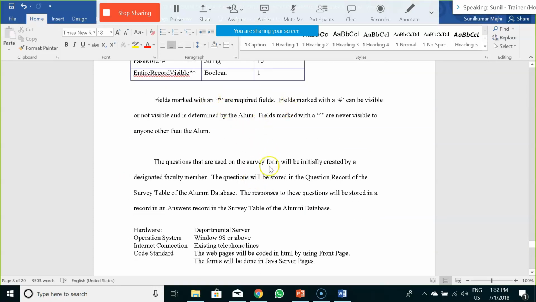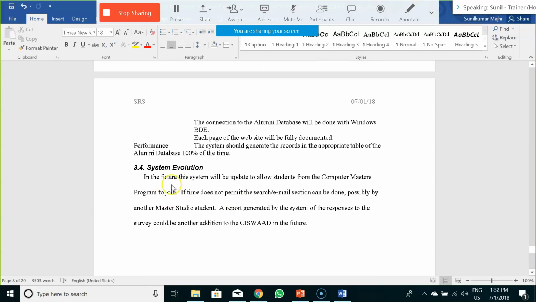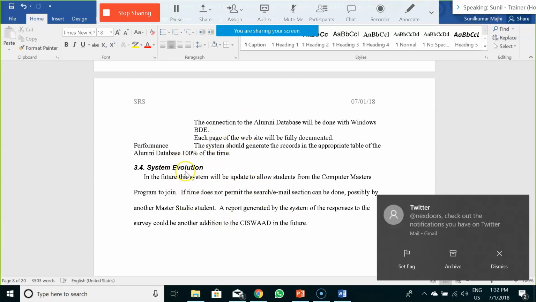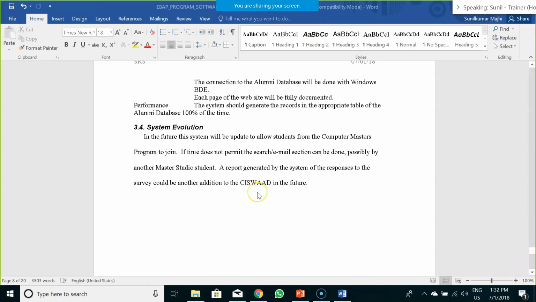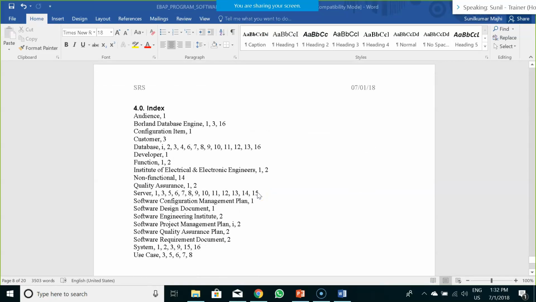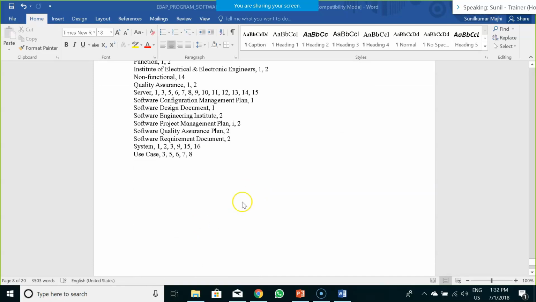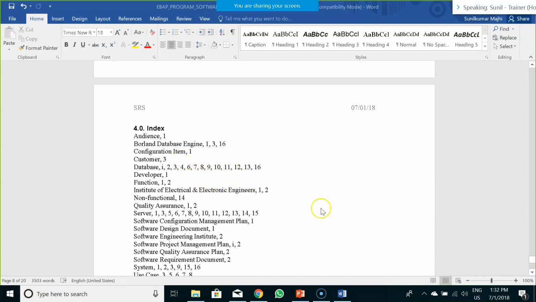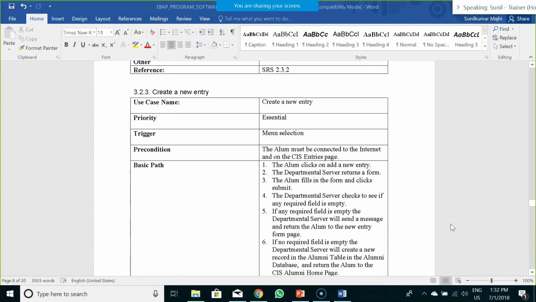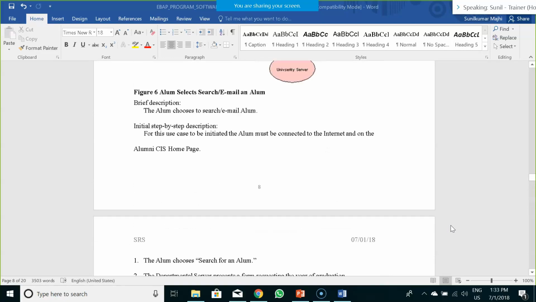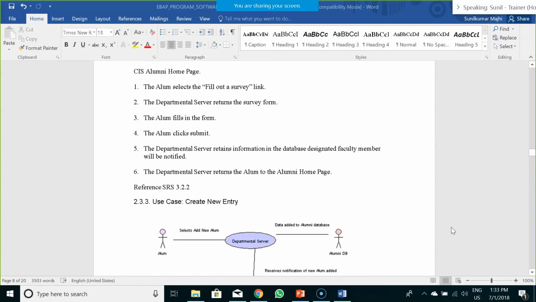After that, if there are some mandatory fields, you have to highlight those things. And at a later point of time, if you want to write what are the possible options the system would be having after the system has been completed, I mean how the system would evolve to your newer version, then you could write those proposed statements in this section. And at the end, you would be having the indexing part, whatever you have written and what page number it has. So it's a very generic case study that is present in this particular document. You could refer to this case study and come up with your own software requirement specification.